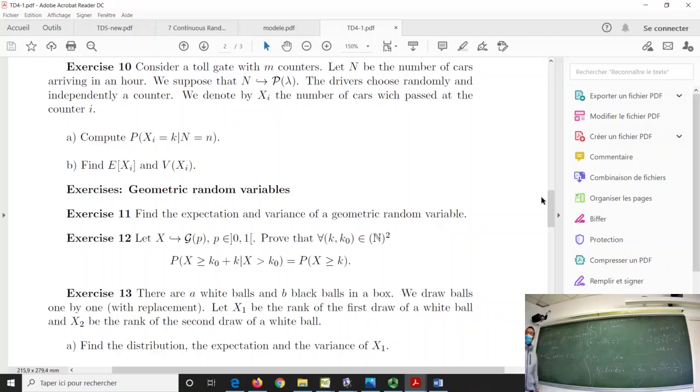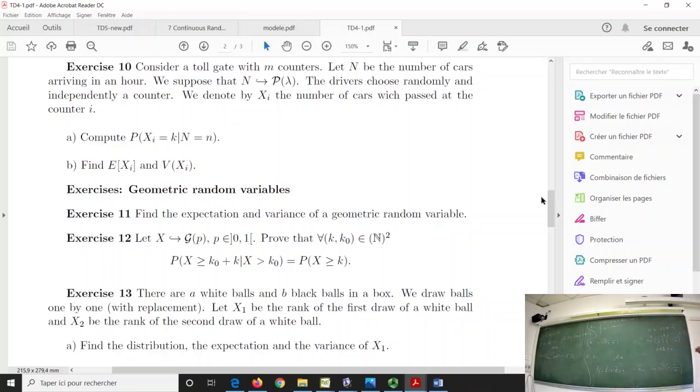I use the law of total probability, and that's why I made you compute this conditional probability first, because it was not that complicated to compute from the fact that I recognize the binomial situation. And then to compute the expectation and the variance, I compute the distribution of xi, and then I am able to deduce the probability I am interested in from all the conditional probabilities I have previously computed.